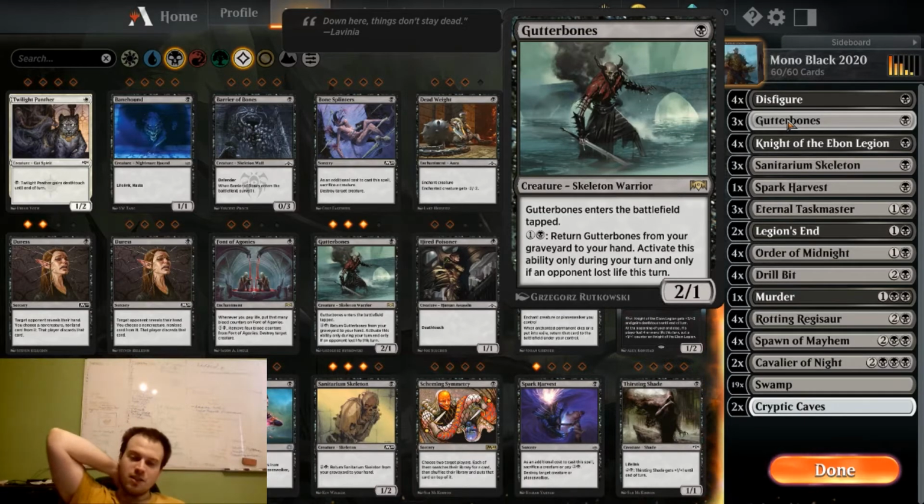The Gutterbones is good because first it has a 2/1, which is a nice power in the early game, but you can also return it for 2 mana if you damaged your opponent. So if your opponent lost life, you can bring it back in at your own turn, which is nice because you're gonna have some